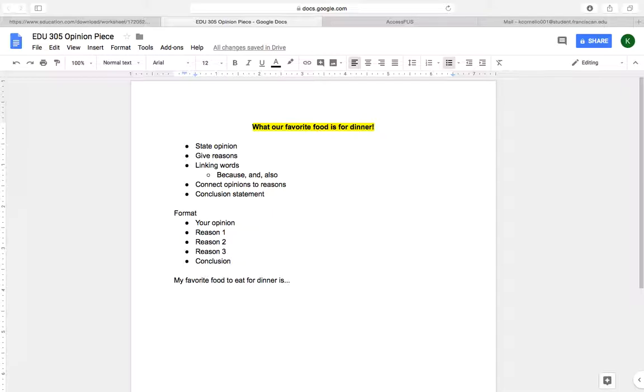So I would start it off as, my favorite food to eat for dinner is, and then you state whatever you want. So, for example, mine would be meatloaf. And now we go on to the next part of your piece and explain why you like it. Well, for example, mine is meatloaf for dinner. You can start out by saying, I like meatloaf